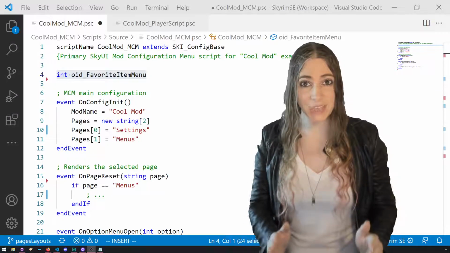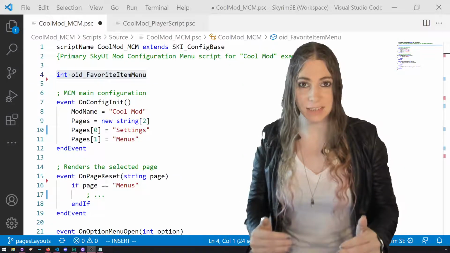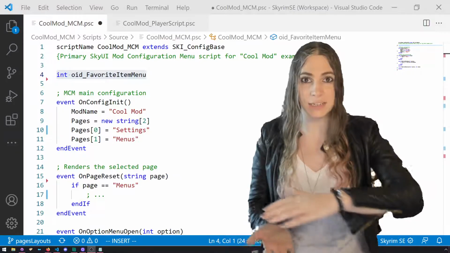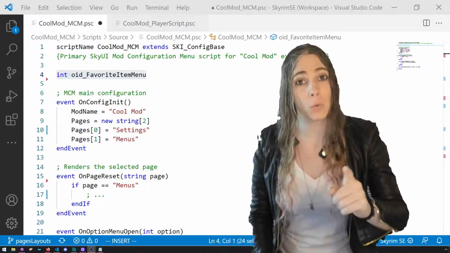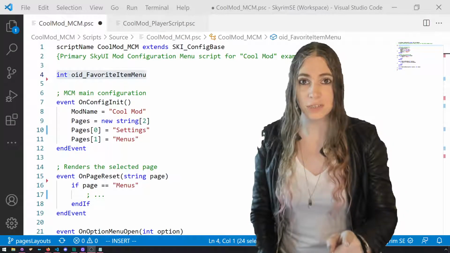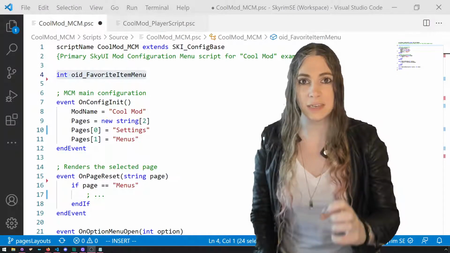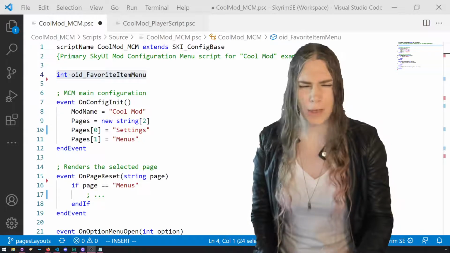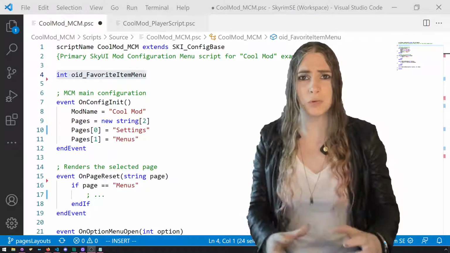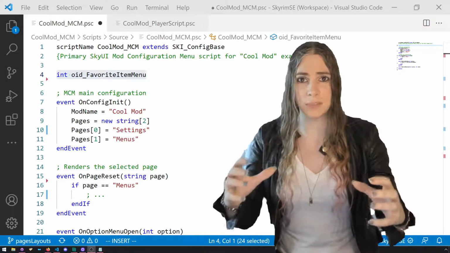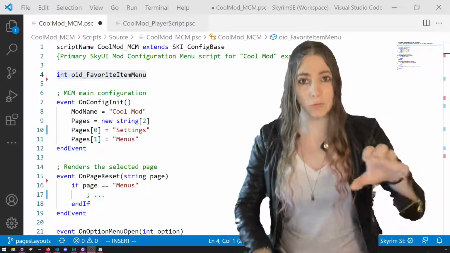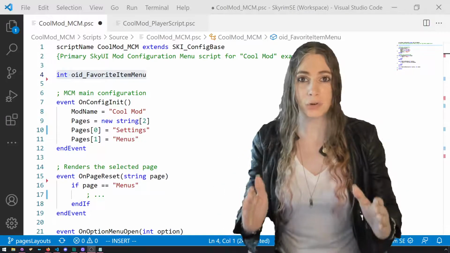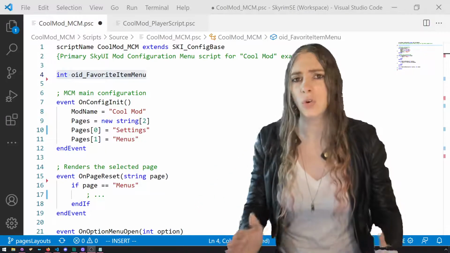Now, if you add pages and extra pages, take that into consideration. If you've got 10 widgets on every page and you add 10 pages, then you've got a 10 times longer file. Or do you? So one of the things we're going to focus on is ripping out all of the individual pages into their own files. It will so help you maintain things. We're going to rip out not only pages into their own files, but then we're going to make sure that for the left column and for the right column, which are the two things you get in SkyUI mod configuration menus, we separate out your code for the left column and the right column,